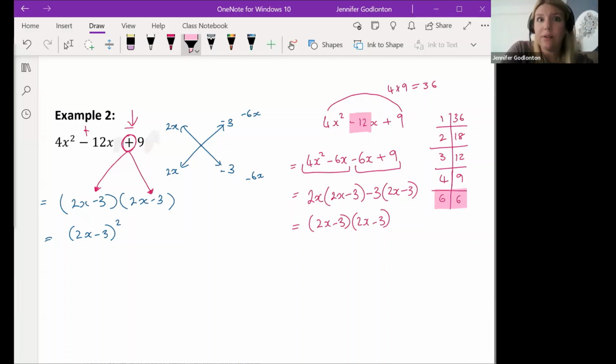Our rules of multiplication, if we have a negative number multiplied by a positive number becoming a negative, that's completely different to what we're doing with these ones. We're not doing any kind of multiplication with that just yet. This is just telling me that if it's positive, then both of my signs will be the same, and they will be the same as that sign. And if it's negative, then my signs will be different, and we figure out which one they'll be dependent on what those numbers land up being.